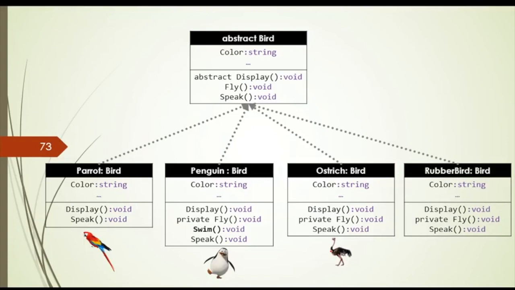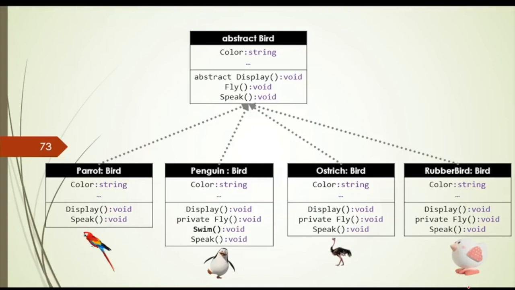So let's say we have a rubber bird, and rubber bird don't fly, don't speak, display as a rubber bird. That's it. So what you have seen in this example is that in many places I have to make fly private. So instead of private fly, if there is a complexity in the method, I really have to override all of these methods in every place. As you can see, in most places I have to rewrite the three methods because we have three different kinds of bird.